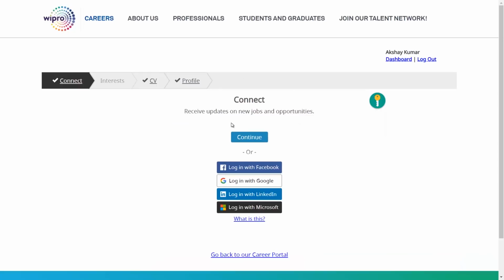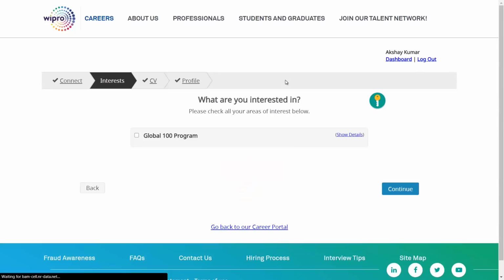Once you've logged in, you can receive updates on new jobs and opportunities. Do you want to continue with this same ID, or do you want to use other social media IDs? Click on continue. They will give you a lot of opportunities for Global 100 programs and all that. If you want to skip all these, you can directly go to the dashboard, or else click on this and click on continue.